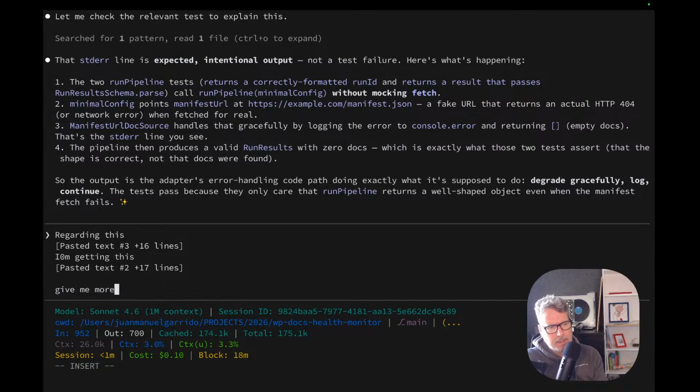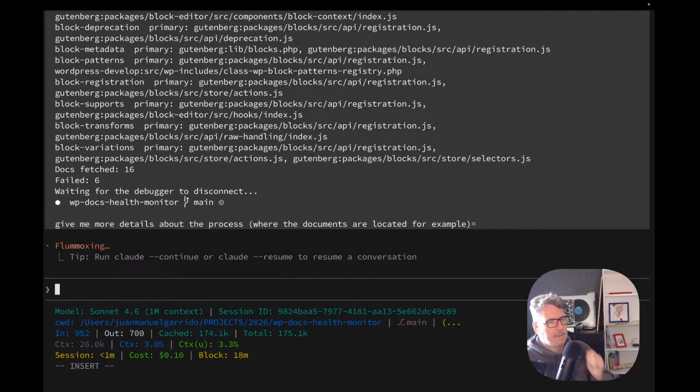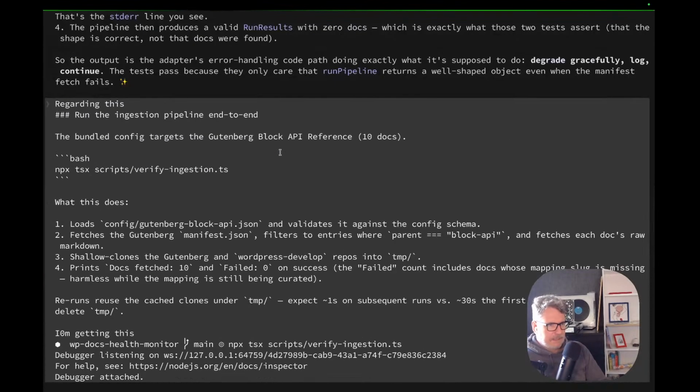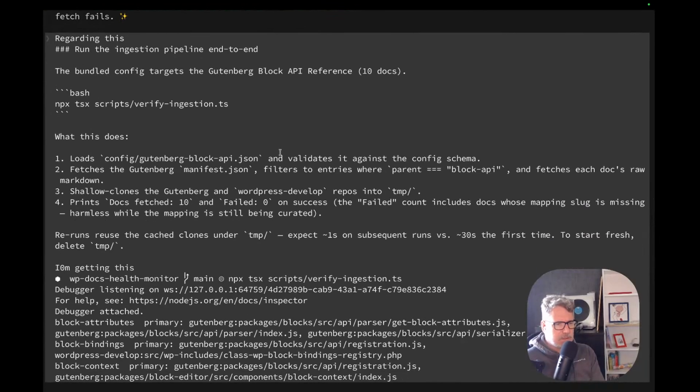Give me more details about the process. Where the documents are located, for example. So I'm passing it the instructions of the README, the results of the